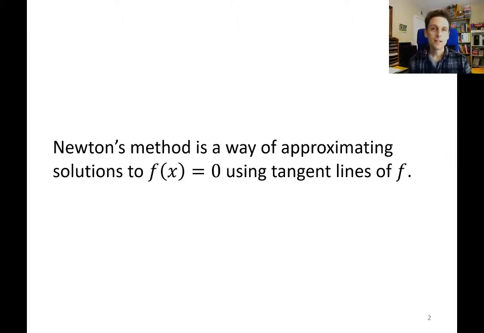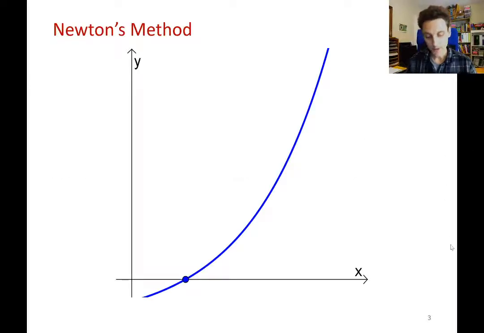To get an understanding of what Newton's method looks like in a graph, let's take the graph of some function that has an x-intercept. There's the x-intercept, where the graph hits the x-axis. Our goal is to find the x value where f of x equals 0. In other words, find the x-intercept. What Newton's method says is start with some x value, we'll call that x1,